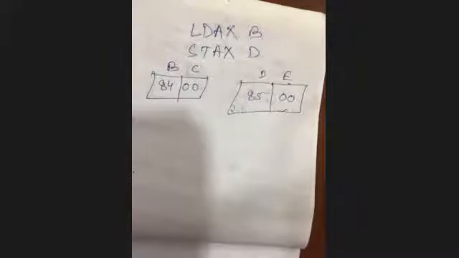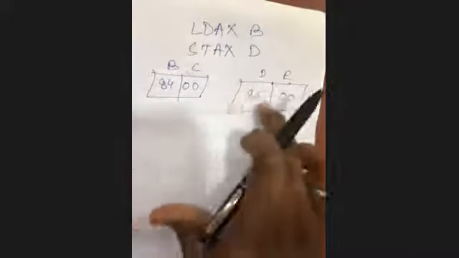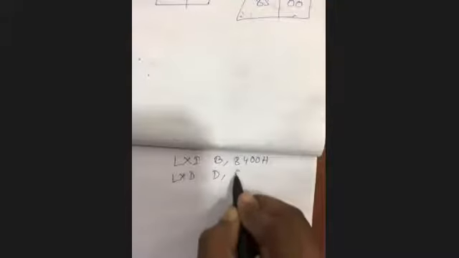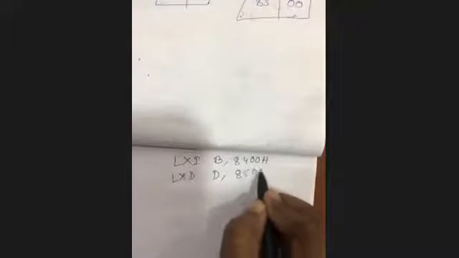Okay. So how will this data be stored? LXI B, 8400H. LXI D, 8500H. Yes. Next,